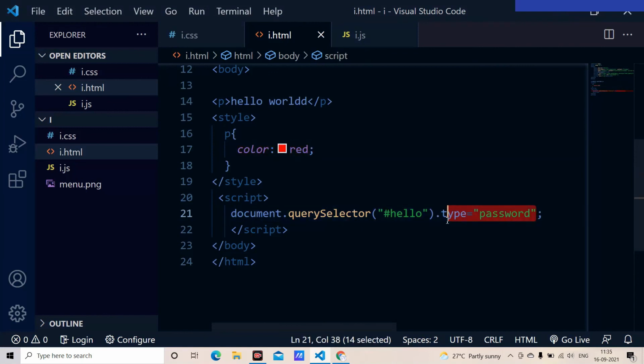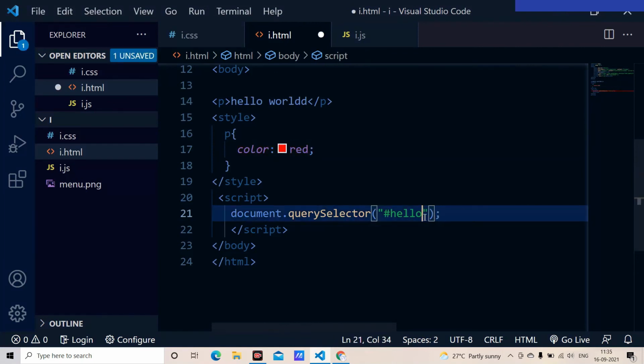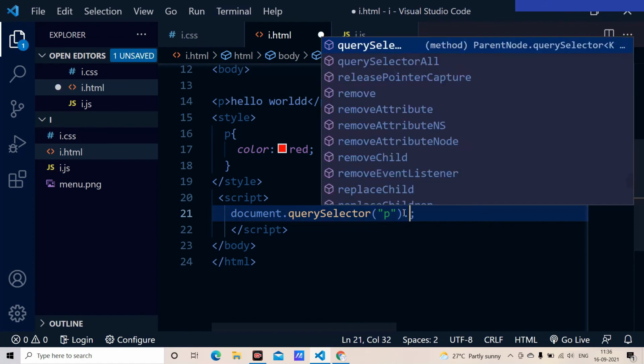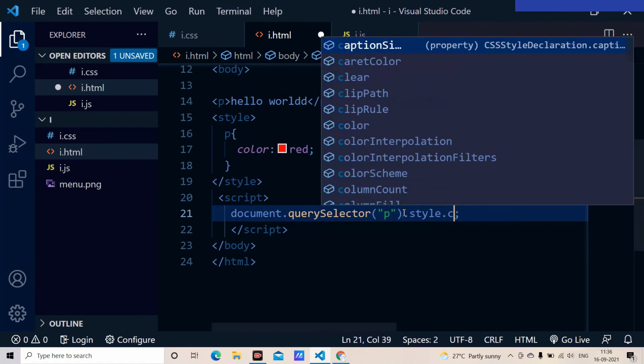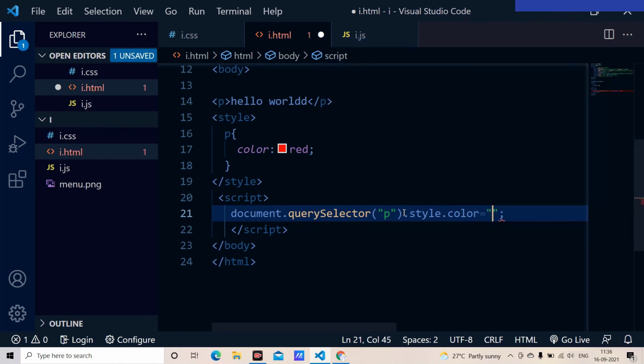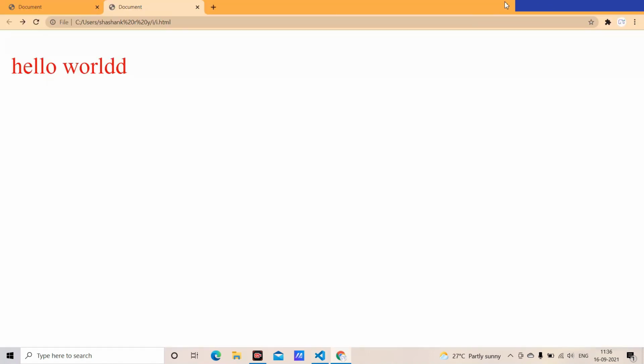And you can change that color also here, and instead of this hash hello, we are using p, because it is a normal p tag. And here you have to mention the style dot, you have to mention the property, which is color, and I'm going to change it with the blue color. Blue must be mentioned in the format of string, and this is how we select. When I just save it and reload the whole site, it is going to show you it in a blue color, and this is how we change the style property.